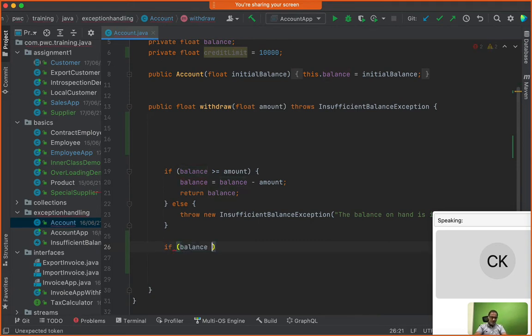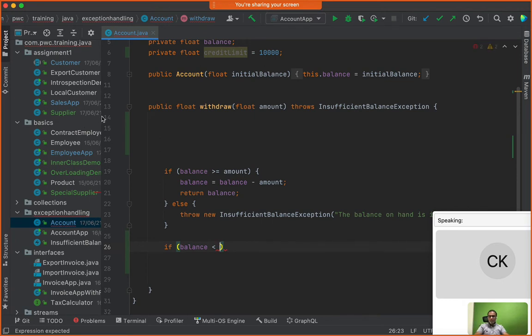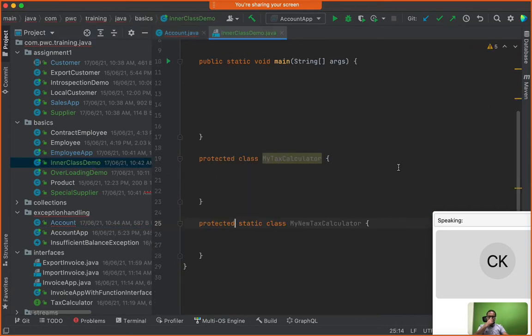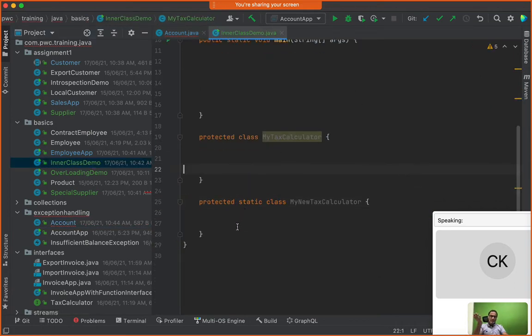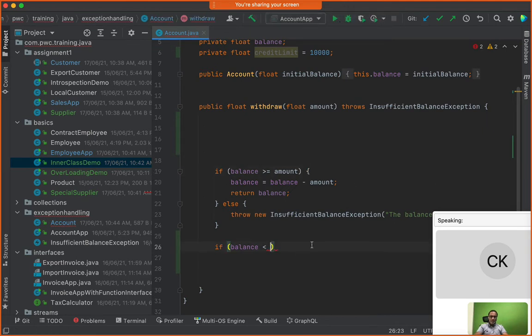If the balance is less than, sir, we can't have protected class. I just wrote that right in front of you. Here it is, see, I did write protected. Why can't I? The classes within a class are just yet another members of the class, same as the others, right? Yes. Okay, so coming back here, if the balance is really less than 10,000,